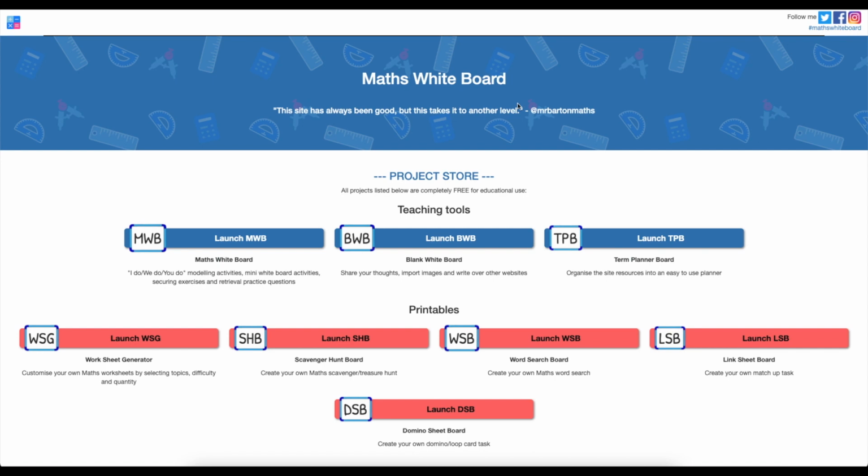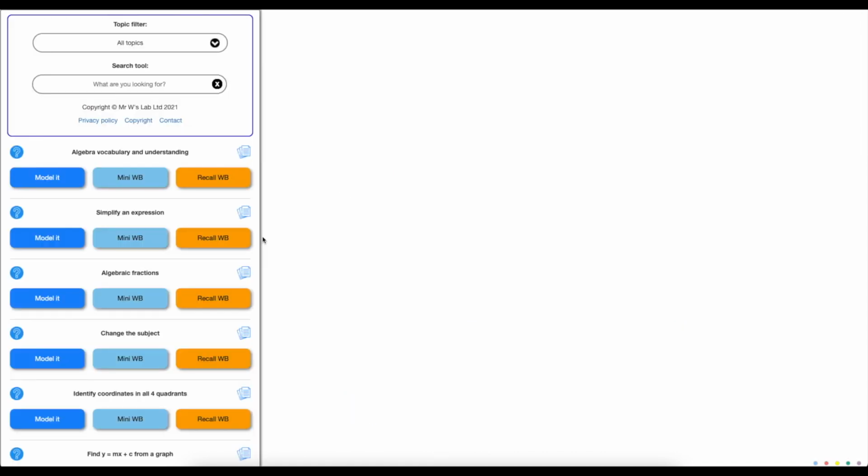mini whiteboard. The Maths Whiteboard site first started out with its core purpose being how to develop the use of mini whiteboards in a lesson. So let's take a look at how we can achieve this. At the heart of this feature is the Maths Whiteboard question bank, so I can search for any particular skill in the search bar